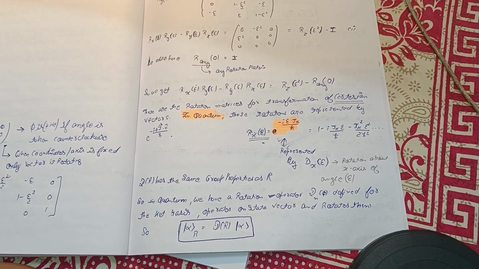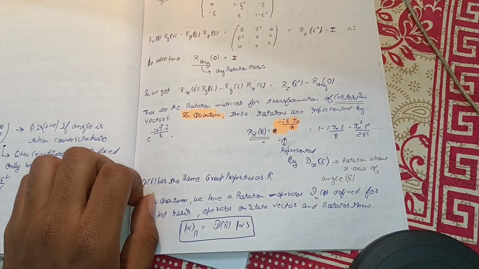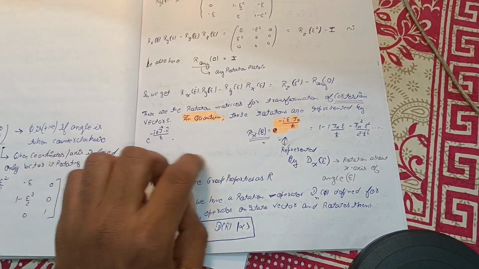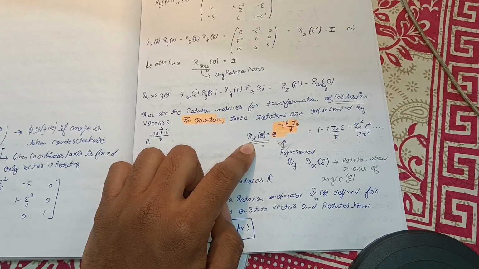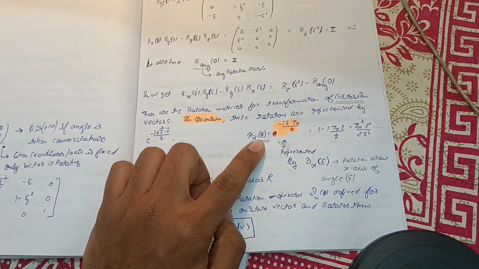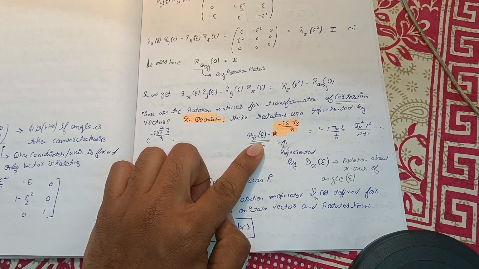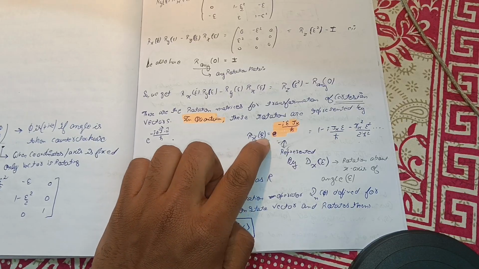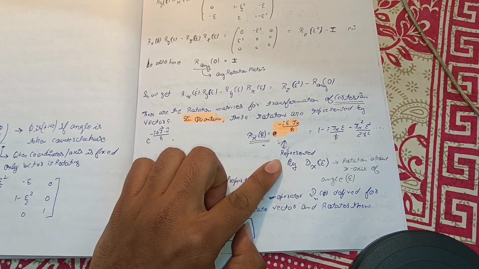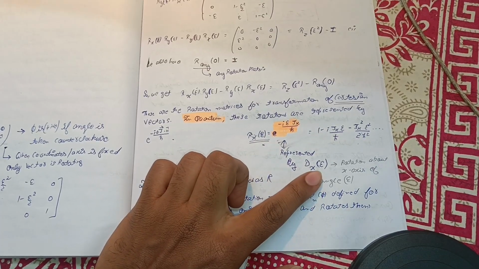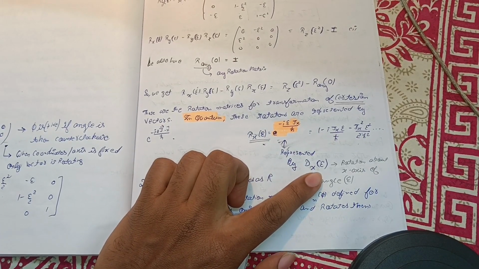Suppose you want a rotation about x-axis of epsilon, then you will use this. The thing which rx epsilon does in Cartesian, that same thing is done by this operator in quantum mechanics, and we represent this by dx epsilon. Okay,